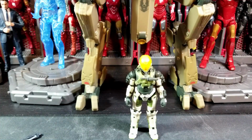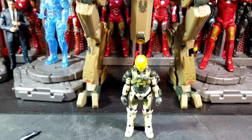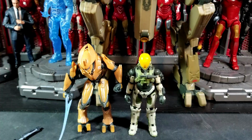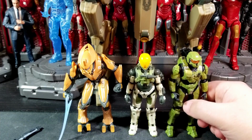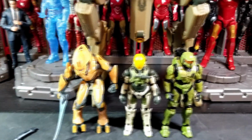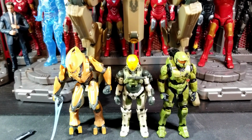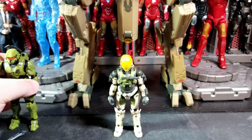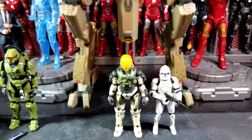So, onto the size comparisons. We got the EVA Spartan first. We're going to take a look at that. Here he is next to the Elites. I can't remember what name. I just did a video on it. This video will probably come out before the Elite, and then Master Chief as well, from Series 1 for Master Chief. So that's your size comparisons there with them, as well as your size comparisons with an old Star Wars Phase 2 clone,